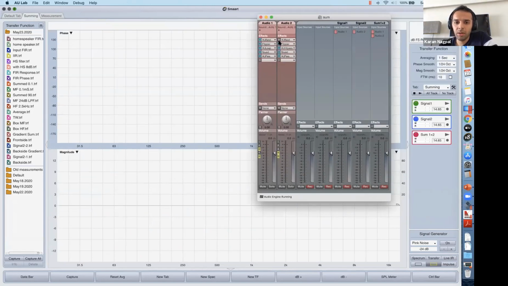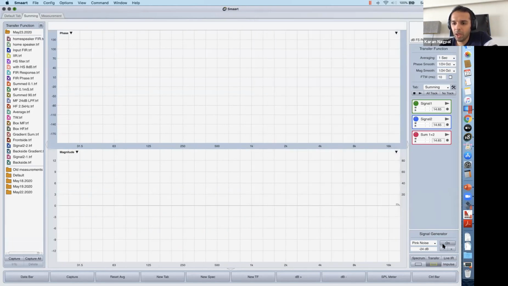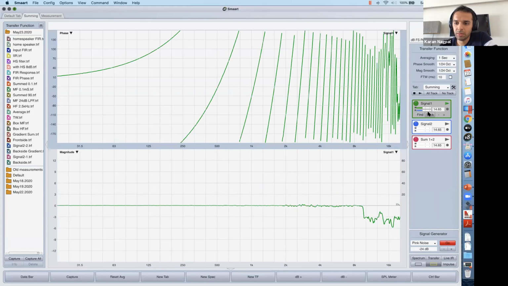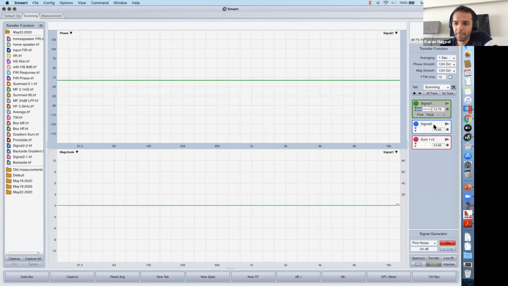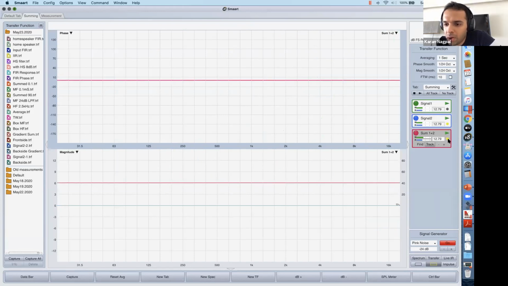I'm going to bypass everything and just play signal 1. Okay, delay is set. So this is what we saw earlier at the start: signal 1, signal 2, and the sum.